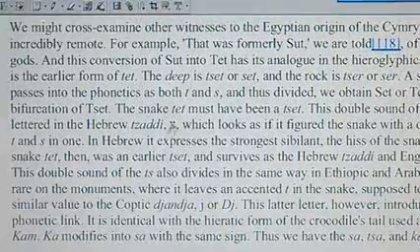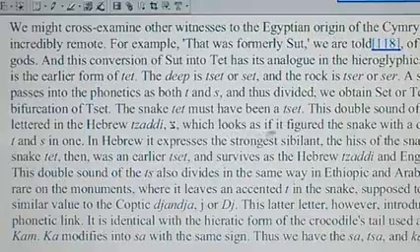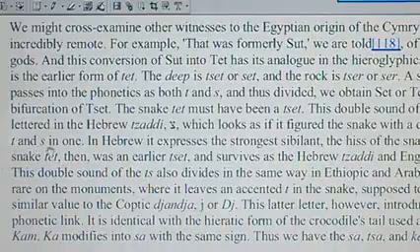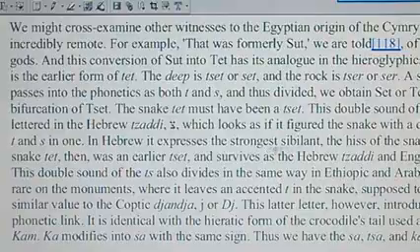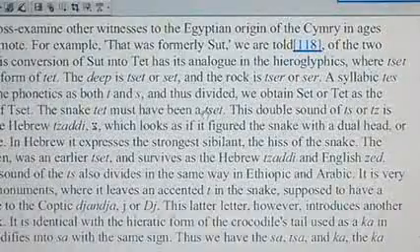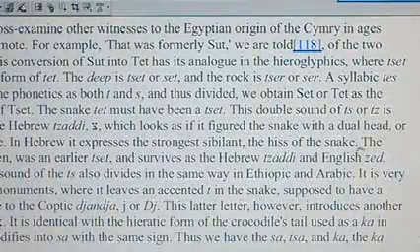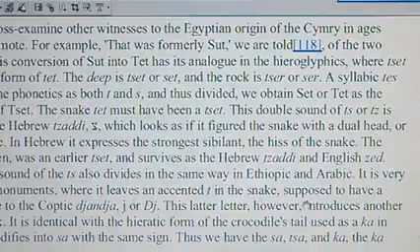And you can see that there's a little mark there, which looks as if it figured the snake with a dual head, or T and S in one. In Hebrew, it expresses the strongest sibilant, the hiss of the snake, or thus the sound